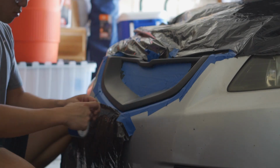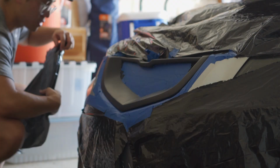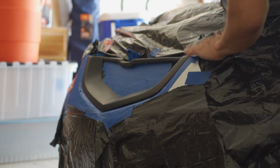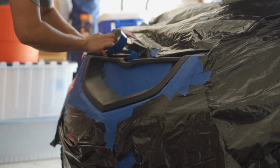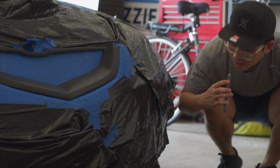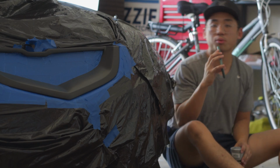And so now we're just gonna go ahead and mask this up and then get ready to prime it. Clean it and then prime it. Alright, so finally the bumper and the part of the hood has been completely masked off for the prime and